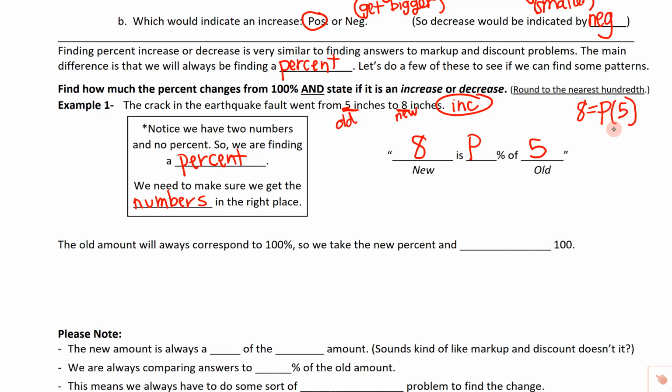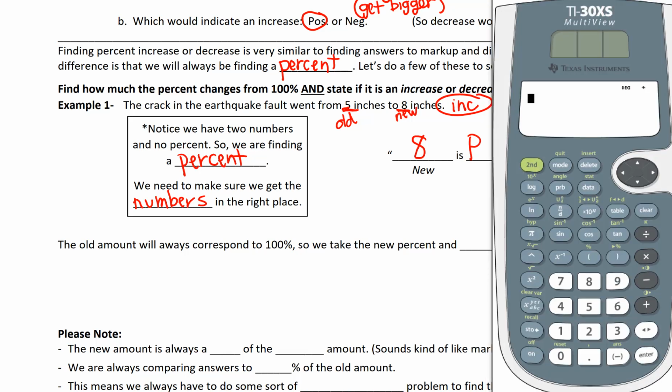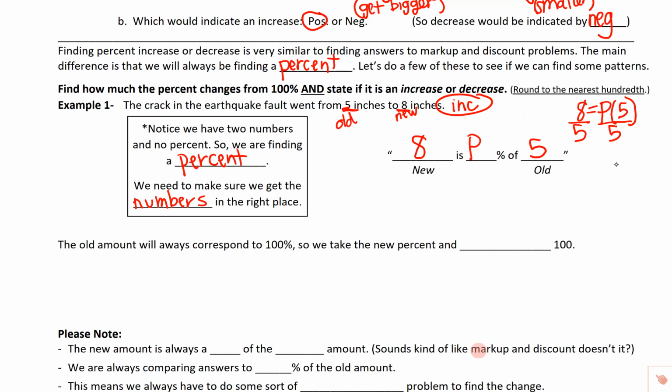So we need to get P by itself, so we need to divide by 5. Go ahead and just put that in your calculator. Make sure you put that 8 first. 8 divided by 5, and you get 1.6. This is not in a percent yet, so we need to change it by moving the decimal two places. I'm going to move it 1, 2, and that will make it